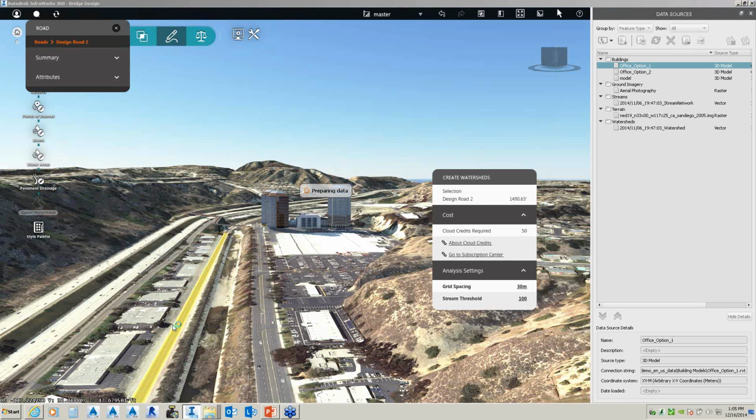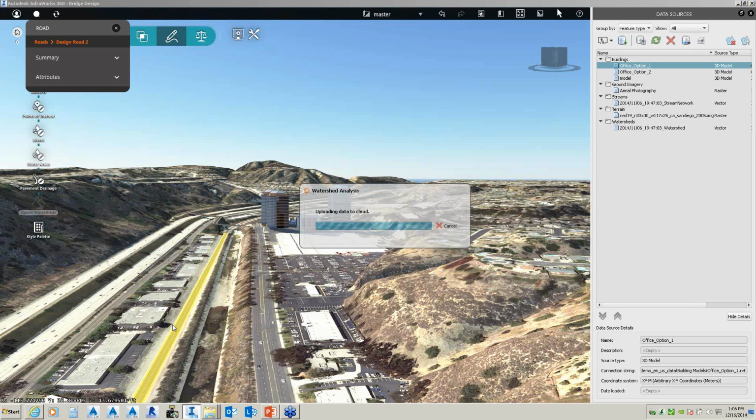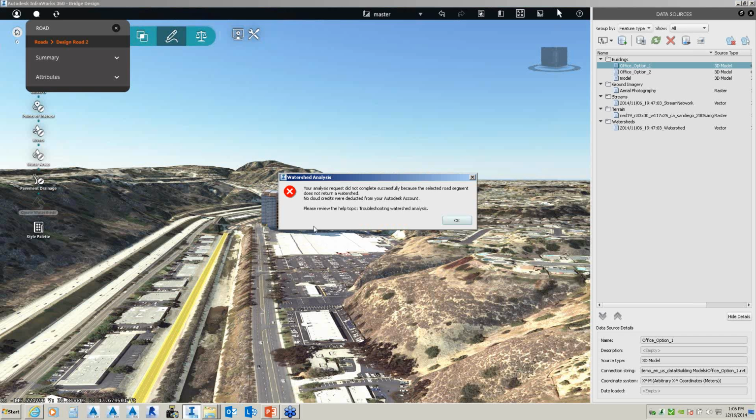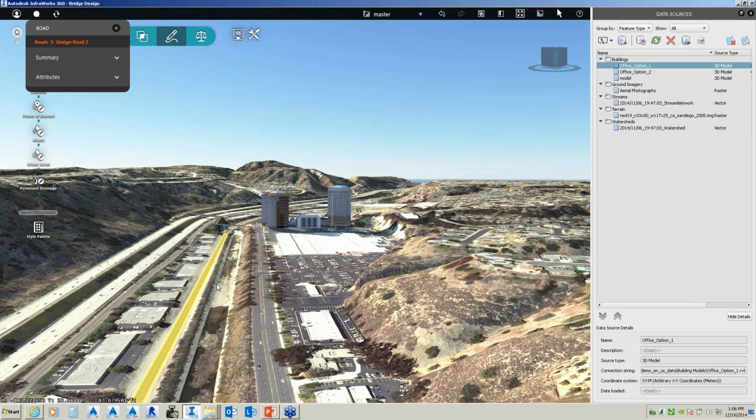And then, as you clearly can see, there's some cloud credits and what the grid spacing and the stream threshold is in reference to the drainage. It's preparing the data. And this usually takes, depending on the size of your watershed area, 2 to 3 minutes. And it says it didn't complete. It's saying it did not contain a watershed.